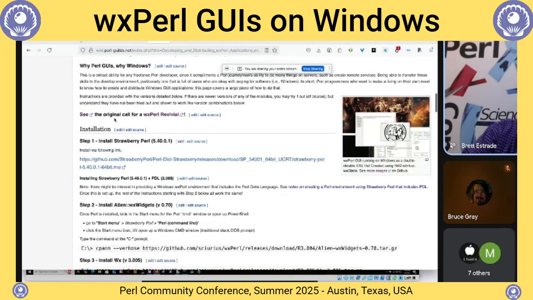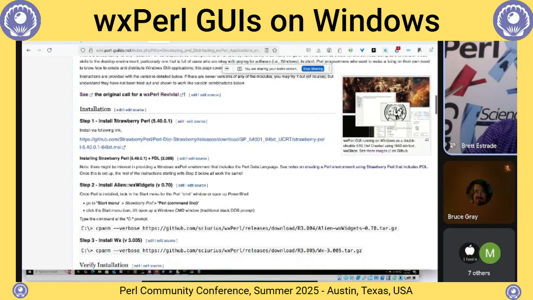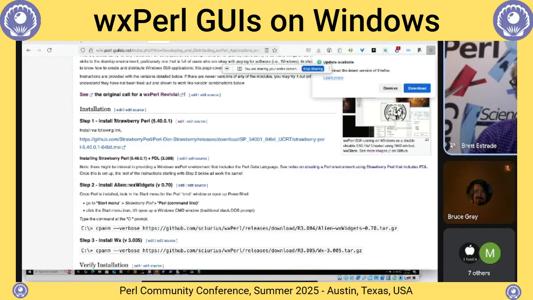I do have a section on why Perl GUIs and why on Windows. Well, it's obvious why we want to use Perl, and we can use all the parts of Perl that Strawberry Perl supports, including making web calls and SSL and all of that. But the why Windows part is because the whole point of this is so that we can create programs that we can either sell and distribute like professionals, or free clients to web services, either web services we've created that we charge people a fee for, or other web services that somehow we're affiliated with,